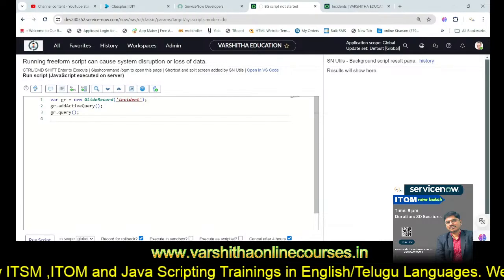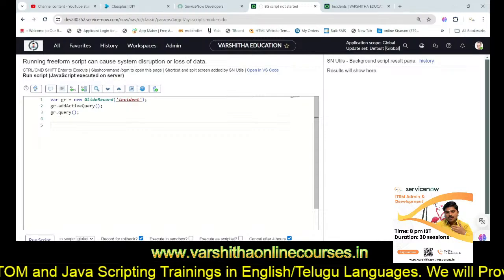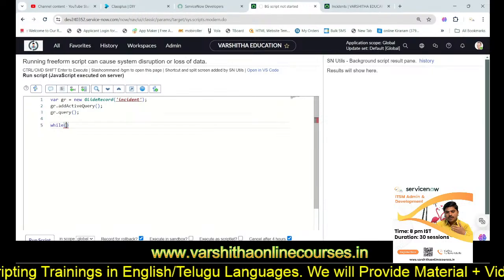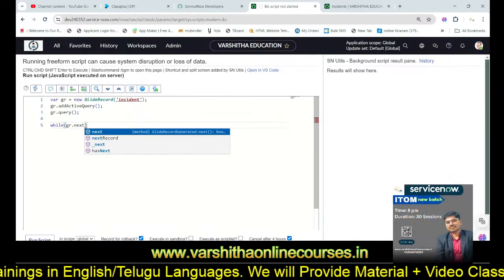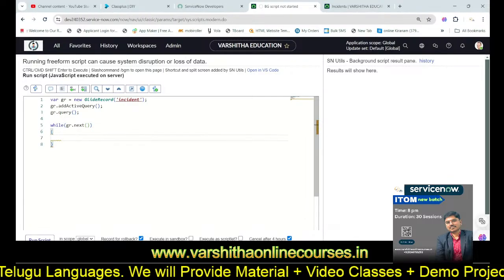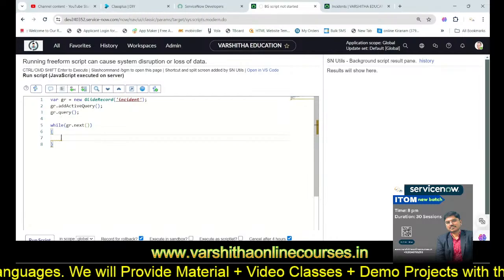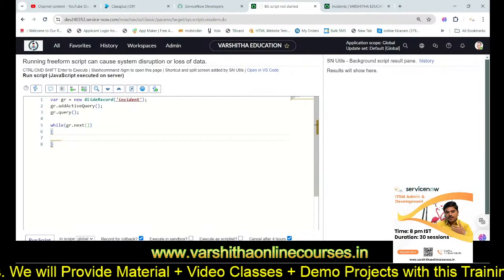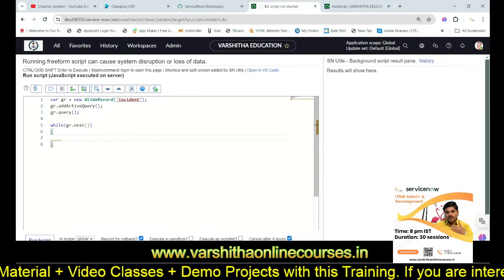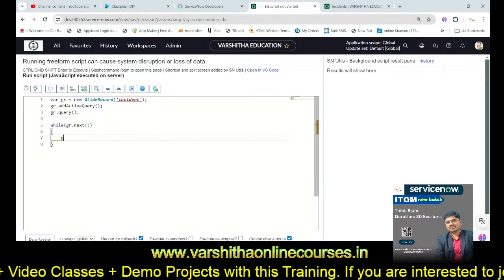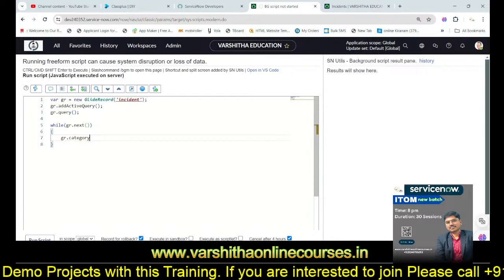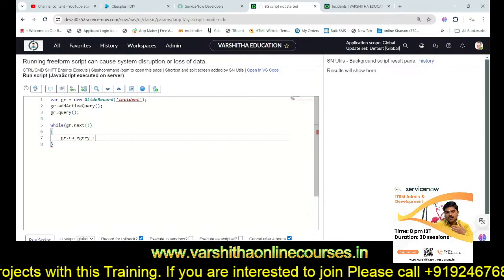Now I need to go step by step through each and every record, so that's why while (gr.next()). Now, in this area, what is the value we need to get? First of all, we need to get the value where software is there, and we need to update it into hardware. gr.category is equals to